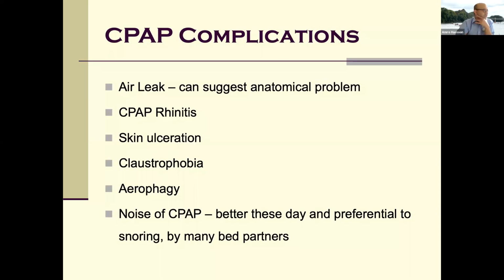Problems with CPAP is air leak. If your anatomy is blocking it off, and I'll show you an example of that in a minute, if your anatomy is blocking off your pharynx, even with positive pressure, you get quite big leaks, and those can be very disruptive because they start squeaking, waking you up. The machine starts to become a lot noisier as well. It gives you the rhinitis, which we've discussed, skin ulceration because of the pressure of the mask on your face, claustrophobia. Lots of people don't like it because of the claustrophobic effect. Aerophagy, I'm not sure how you pronounce that, but that's air ending up in your stomach. So you're pushing air into your lungs, but it goes down through your esophagus and fills your stomach with air. And these people we consider to be CPAP failures, and we look at ways of improving their compliance, possibly through surgery.